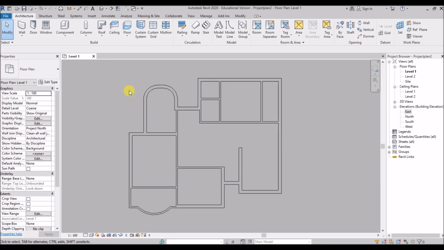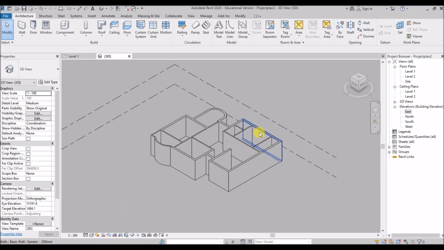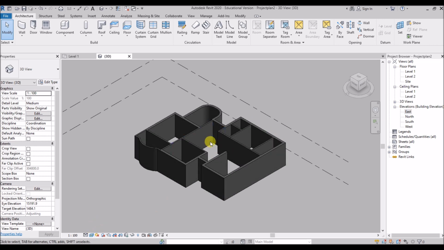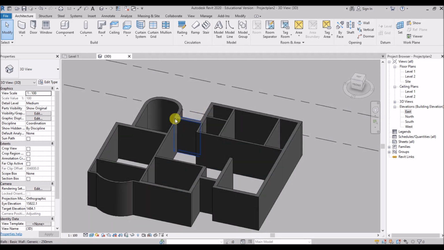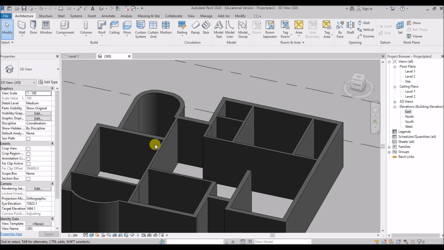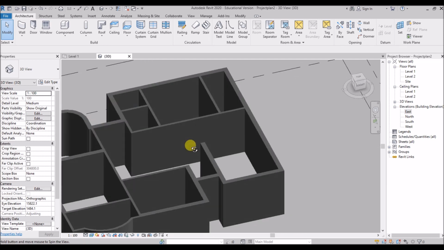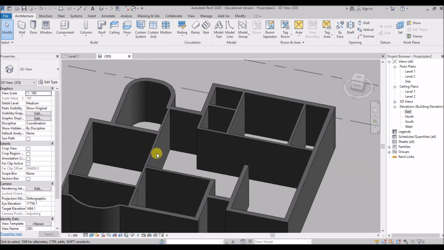This is the second part of this Revit series. In this Revit tutorial, we will learn how we can load families and add doors and windows and tag them. And those who didn't watch the first part of the series, I have added the link in the I button as well as in the description section.